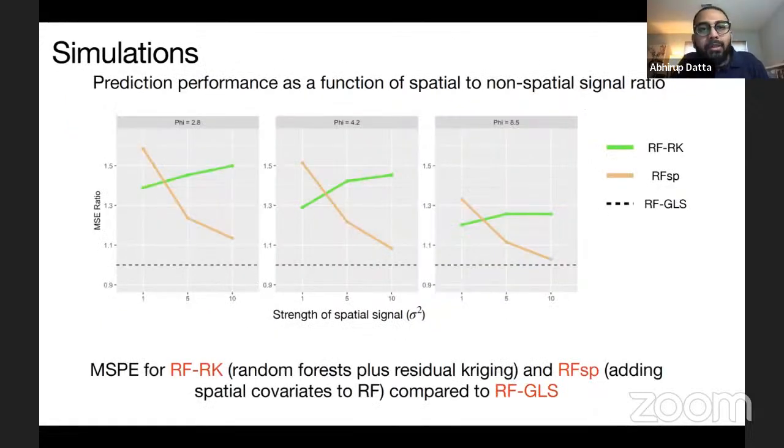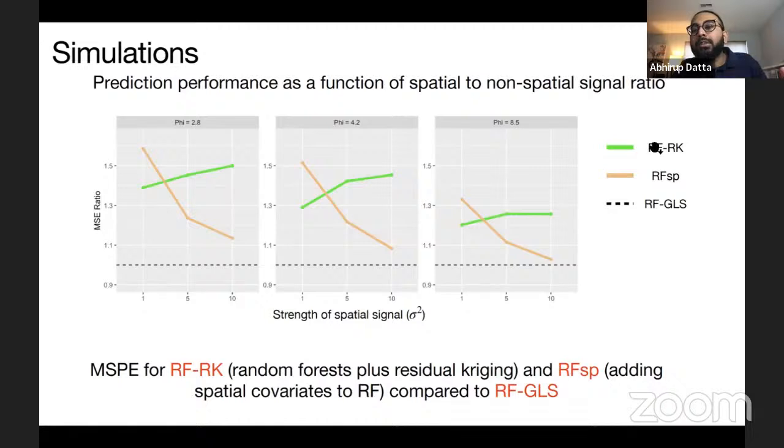I want to show one slide on simulations to demonstrate how it does compared to the other two styles of modeling spatial structure using random forest. These are giving the mean squared errors. The random forest residual kriging is the green line, where you do not use any spatial information during the estimation.